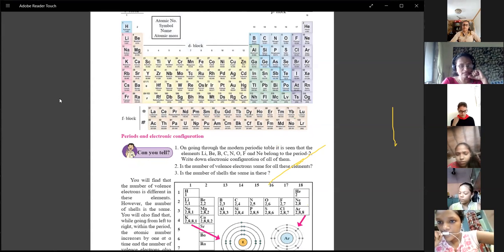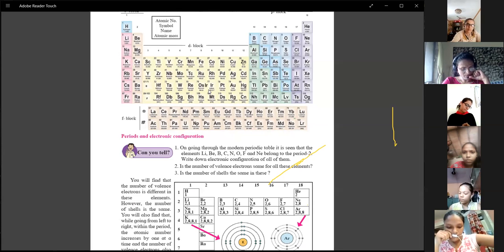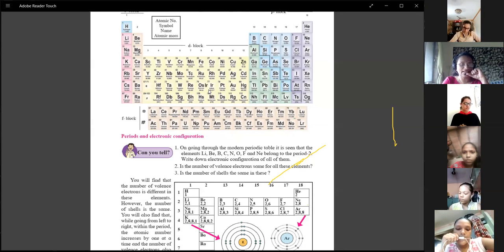Look again at page number 26, diagram 2.10. Here again the metals, non-metals and metalloids trend is given. That is, in the periods, atomic radius is decreasing, then electronegativity is increasing and non-metallic character is also increasing. Electropositivity is decreasing and metallic character is decreasing.